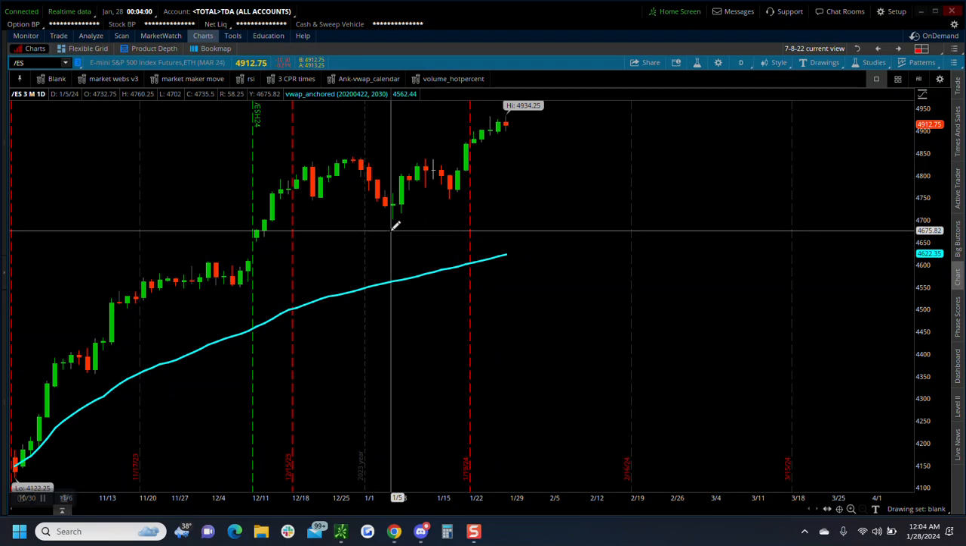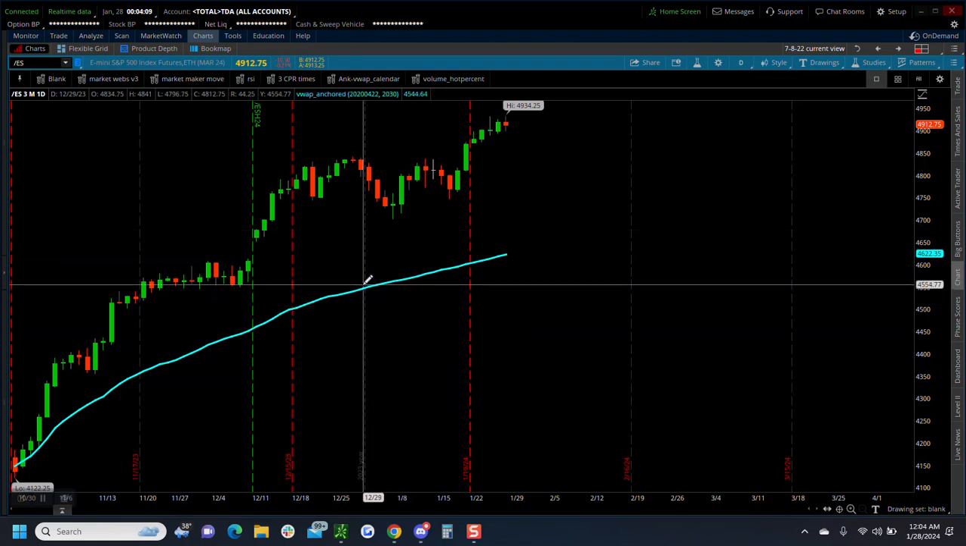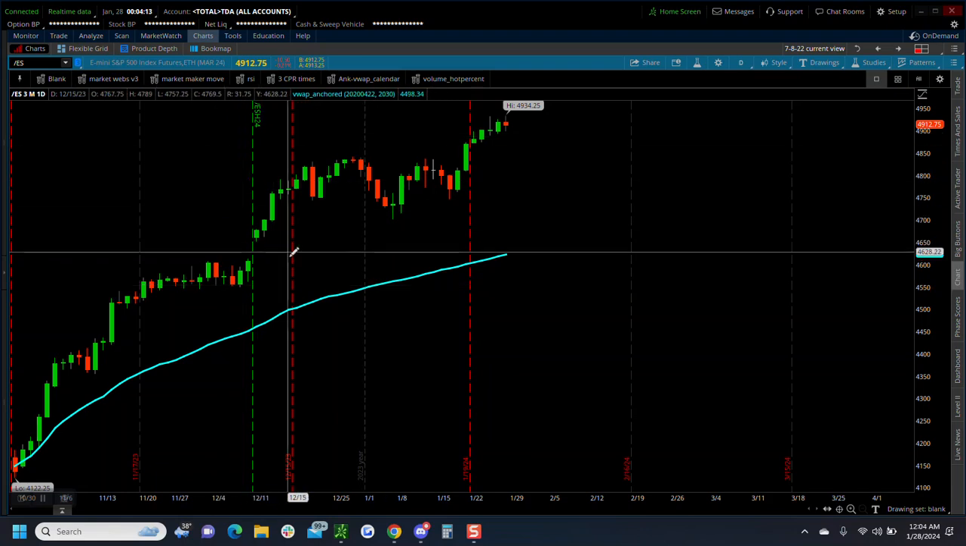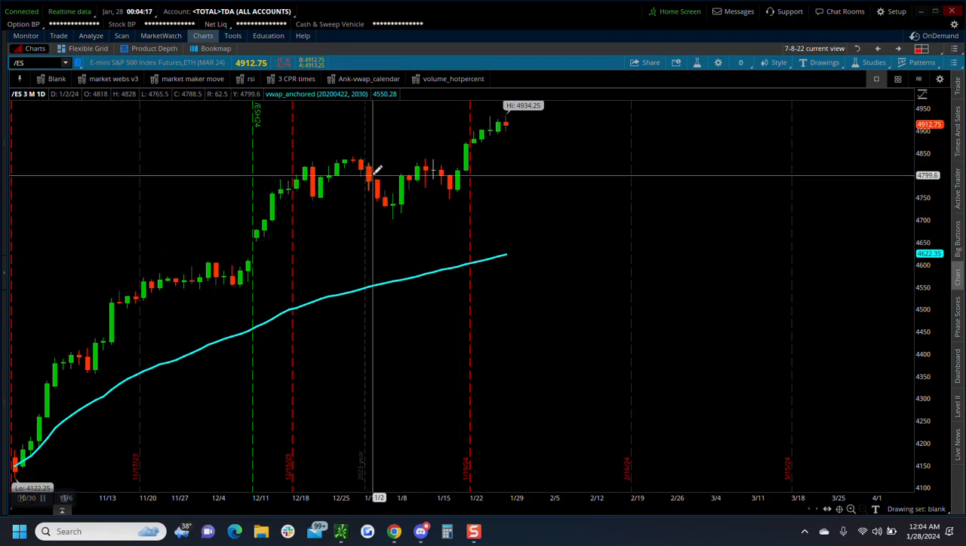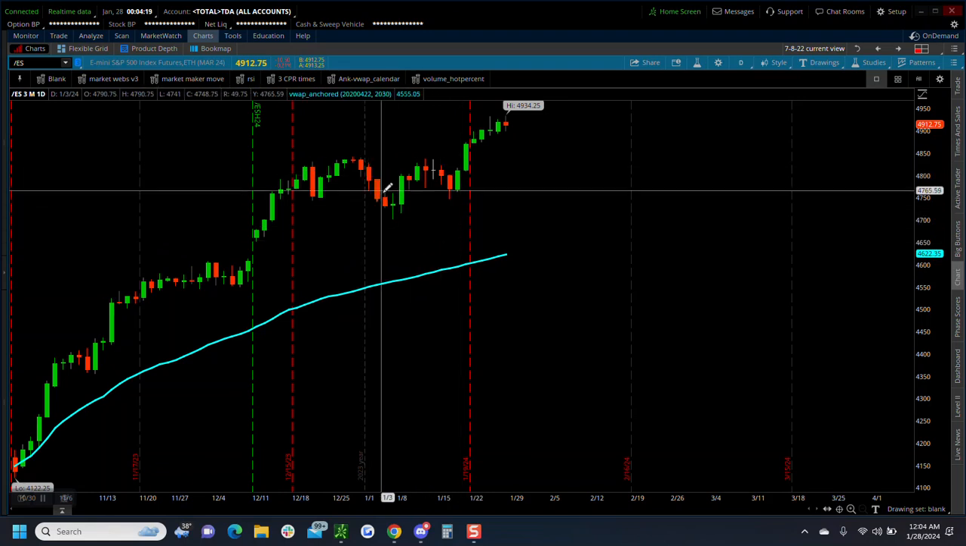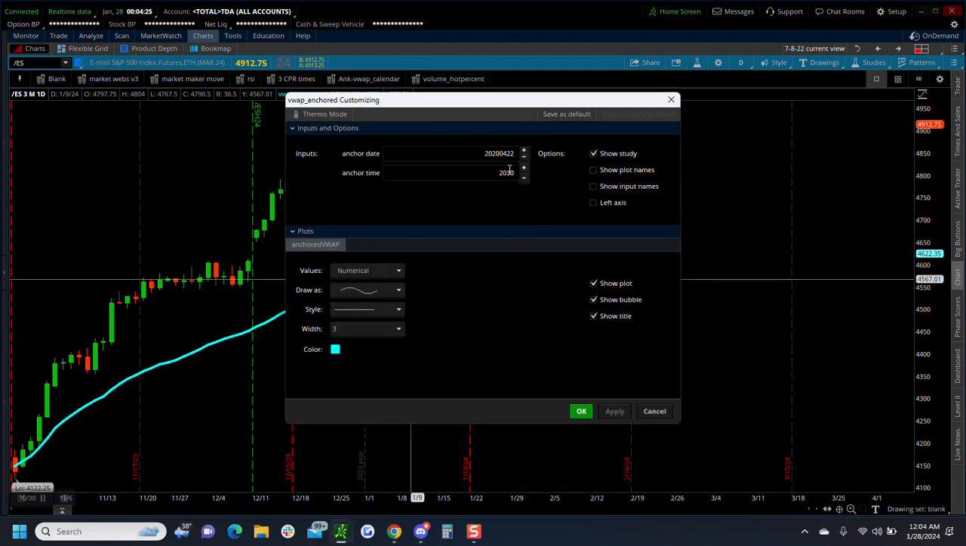A perfect example would be here. You can do range highs, range lows, or a specific calendar date. A perfect example would be January 2nd. You just go down here, right here. That'd be the first trading day of the year, right? So you go up here,